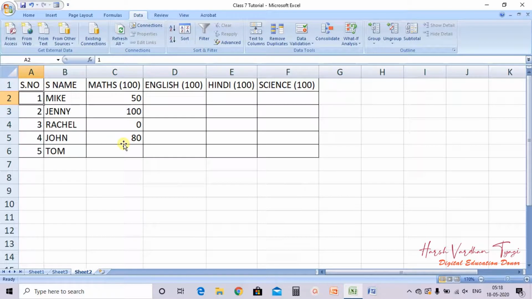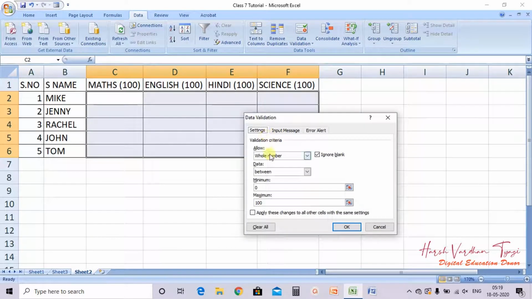Now see another task. I am deleting these values just to showcase some other details. Selecting this range. Now go to the Data tab, in Data Validation. What am I selecting? Whole number, data equals to.